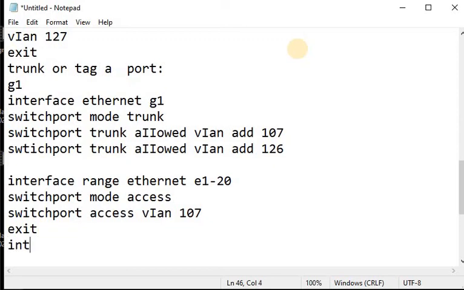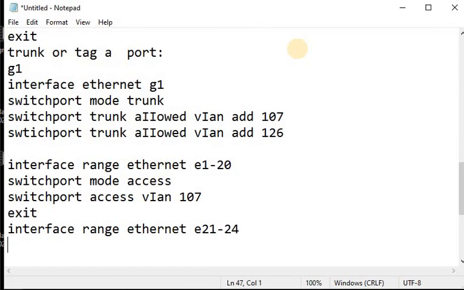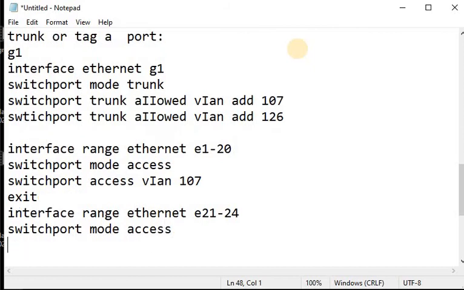Now again I will type interface range Ethernet E21 to 24. Now I have selected the last 4 ports. First I will type switch port mode access. Their mode is access now.